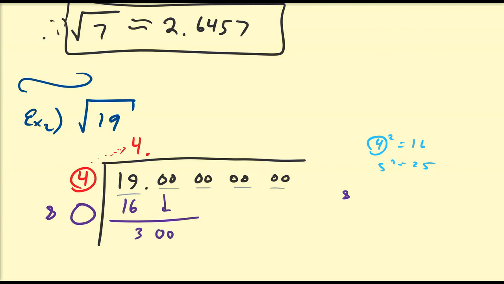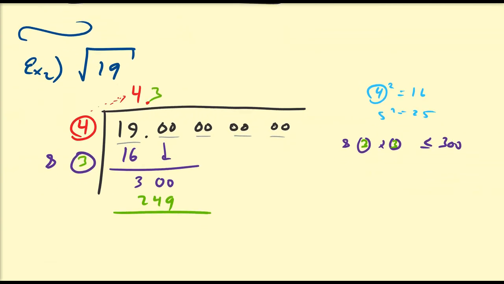So what we want in this next iteration is 80 something times something must be less than or equal to 300, and we want the largest number that makes that true. In this case, that is going to be 3. So we can find that 83 times 3 is going to be 249, right? So 3. And 300 minus 249 is going to be equal to 51, and then we bring down our next set of digits, right? So again, we have 83. 83 plus its first digit is going to be 86. So we're going to have 86 and then another digit,